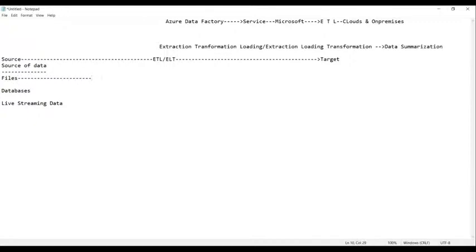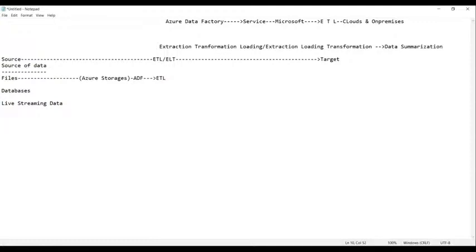We get the data and we initiate it using the process called ETL. Before this, first of all, these files, databases data or live streaming data need to be stored in Azure storages. And from the Azure storages, the same is picked up by ADF, that is nothing but Azure Data Factory. Once it is picked up by Azure Data Factory,